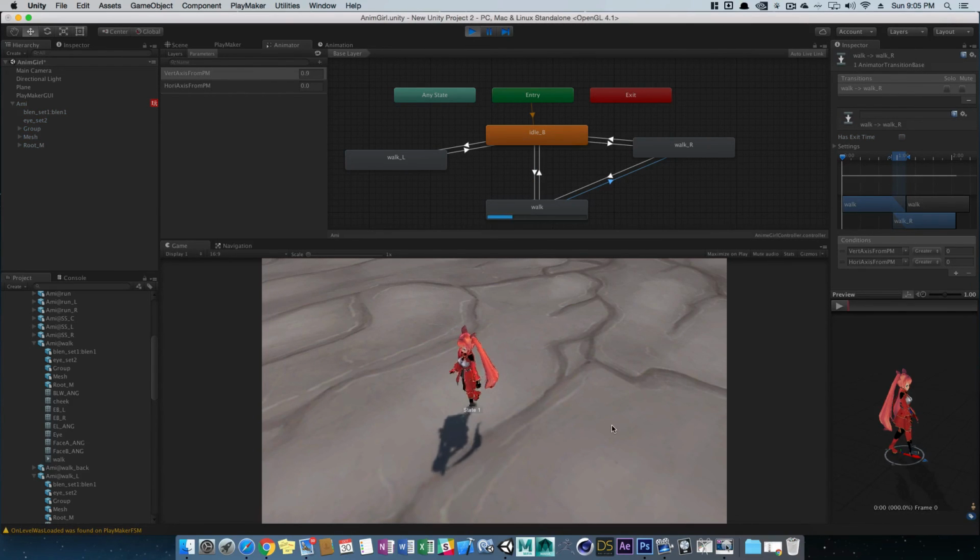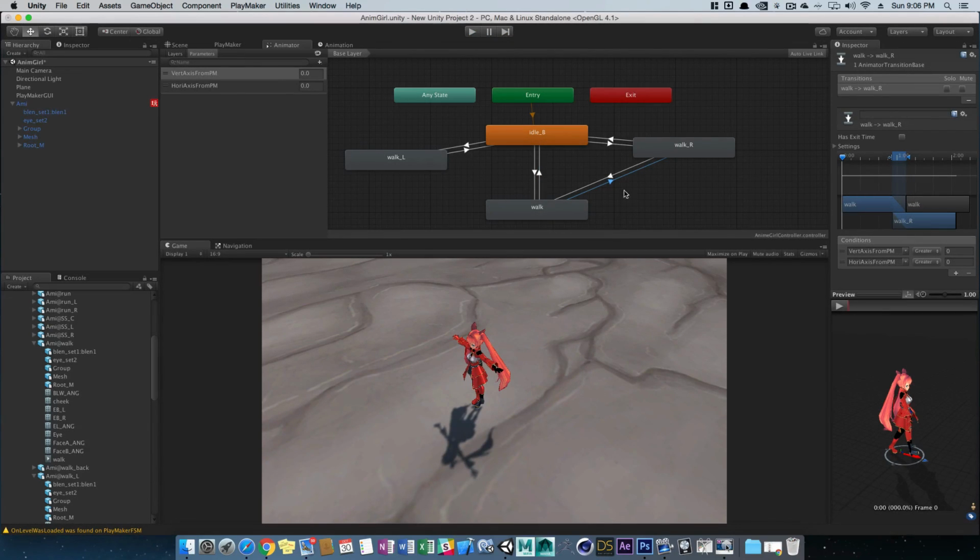Alright, let's try again. Rotate around, just forward. There is a problem. What is it? It's going back to the default. So what I'll do is, for the going back to idle, I'll also do a check for vertical. And if vertical is greater than 0,